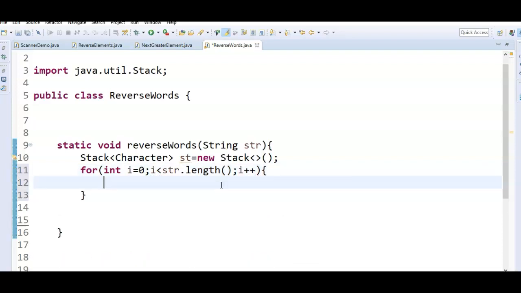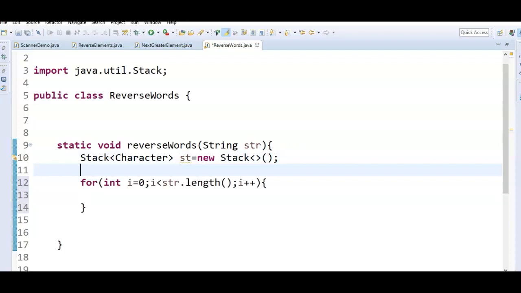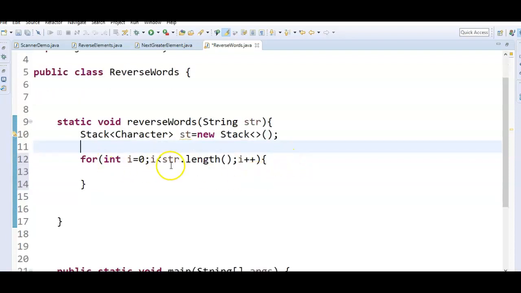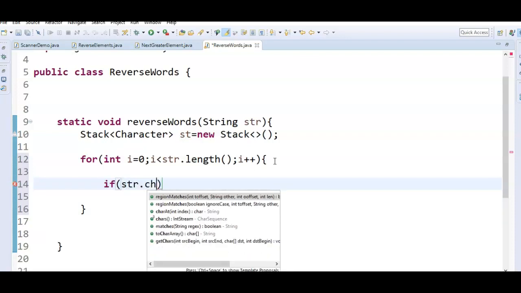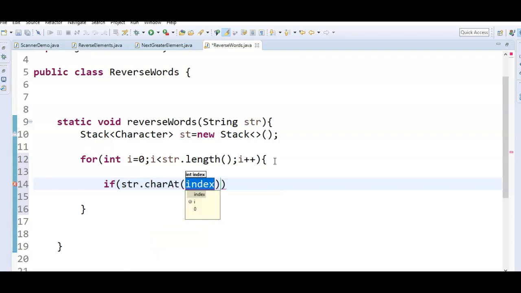Till we reach the end of the string, we are iterating through each character in the string, and we are going to push that element into the stack till we encounter the space.